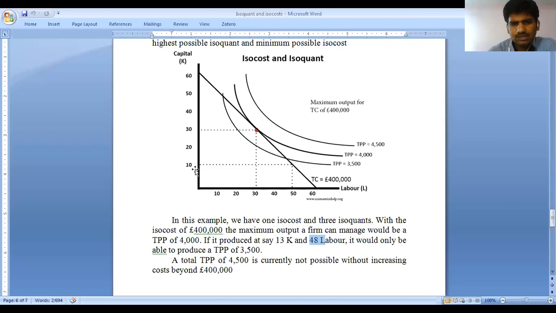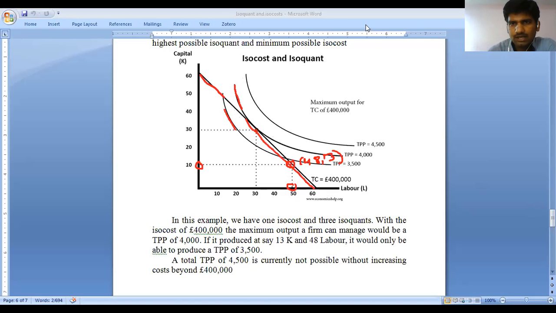So here the first one is about above the 10. This is the 13 and this is the 48. Now we are going to draw a point here. Now what is the point here? 13 and 48, so first is the x and then the y. This is the point where we have. So what are these curves and what are these lines? The curves define ISO quants and the lines define ISO cost.